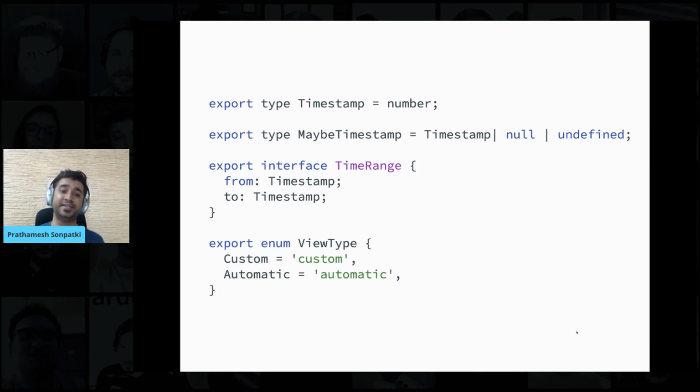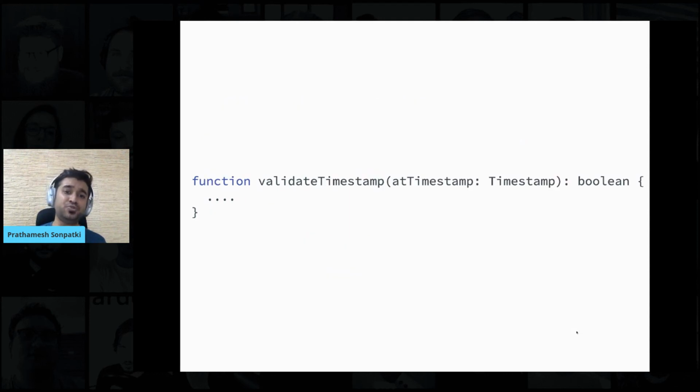And I can even create enums. I like enums because I can basically map them to my API contract, and then I don't have to worry about having deviated from that API contract. So following the API contract strictly becomes quite possible using these kinds of custom types that we can make out of the existing types. And then we can use them in functions with the colon syntax.